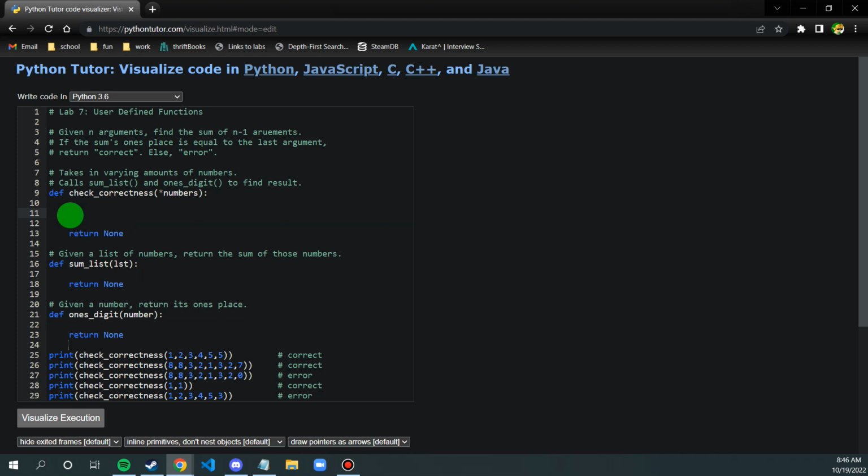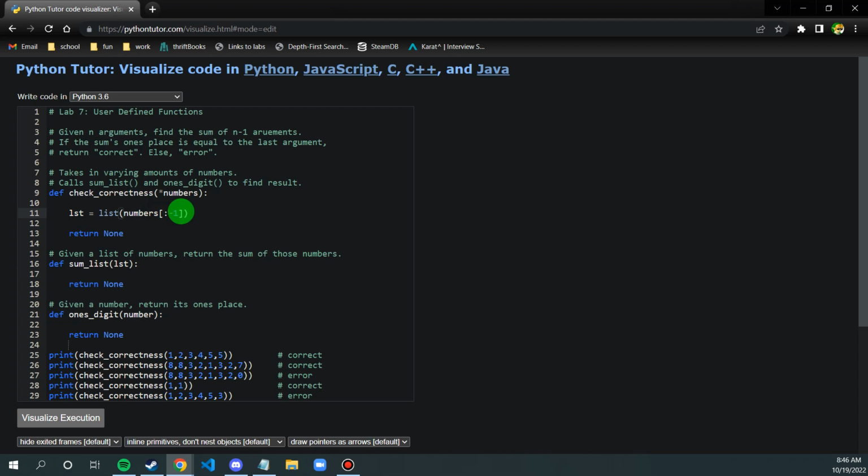So for those of you who remembered a lot of those functions in Zybooks, this part would have been really easy for you. So all I really need to do in order to format this so I don't have that last 5 in my sum when I call SUMList, well, I can use the list function and then just slice it. So if I was to say LST equals, and then I say list numbers, what list does is it will take any sequence and then format it into a list, which is what I need, and then I can just immediately and directly slice it by saying